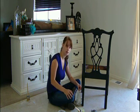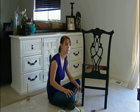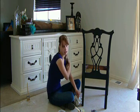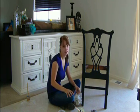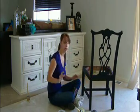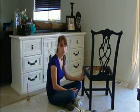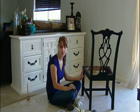I would definitely recommend spending the extra time if you're doing a dining room tabletop, because the wax won't last very long. It's easily eaten away by acids and things like that. It's just not a really strong protective barrier. It works really well with paint, because paint is already a very protective barrier on wood, so you won't get the rippling or anything like that. But the wax itself,